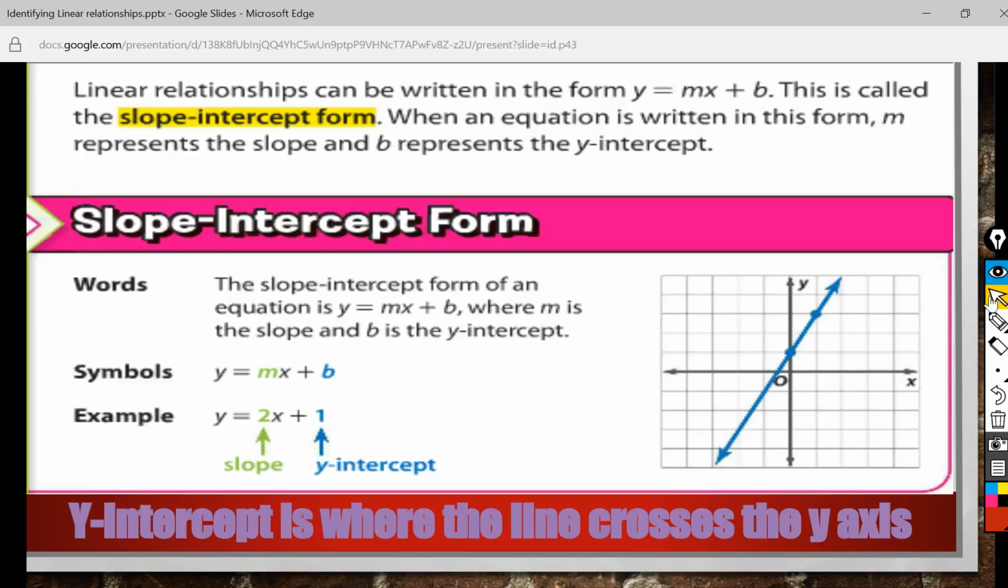When an equation is written in this form, m represents the slope and b represents the y-intercept. So m comes first, which makes sense because slope is the first word in the name of it, and then intercept. So b comes second. B is the y-intercept always,